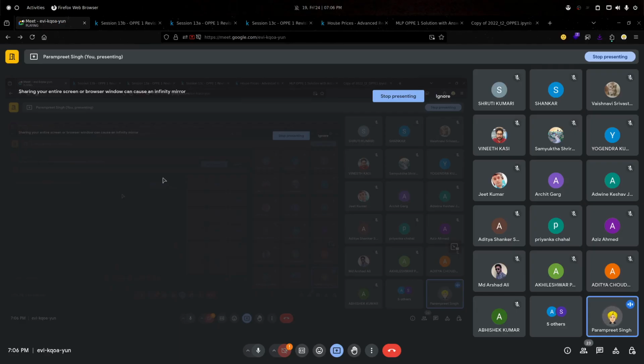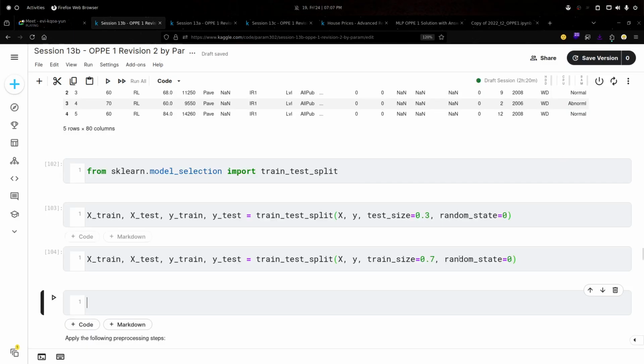One of my friends did a little research on random state a few years ago, and he explained it in a very good manner in an article. I will share the article link as well. Random state basically controls the shuffling of the data set. If we do sampling, picking any sample randomly, and we set random state to some constant value, then no matter how many times we run this function, we will get the same data. So that's why we set the random state value.